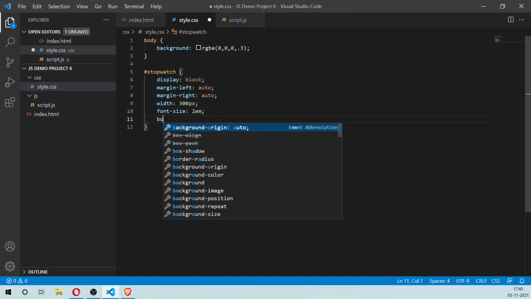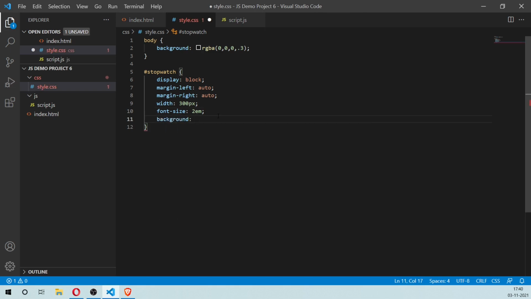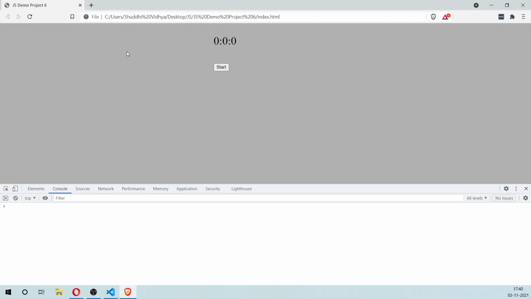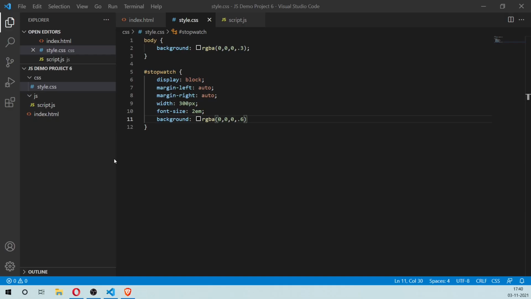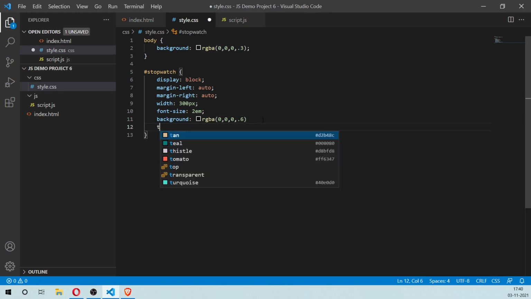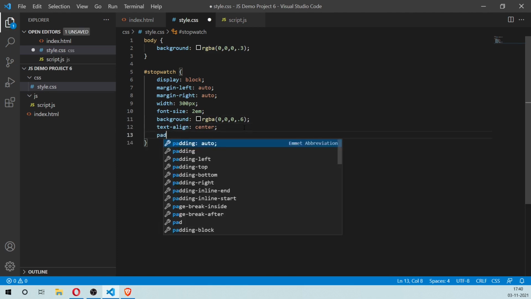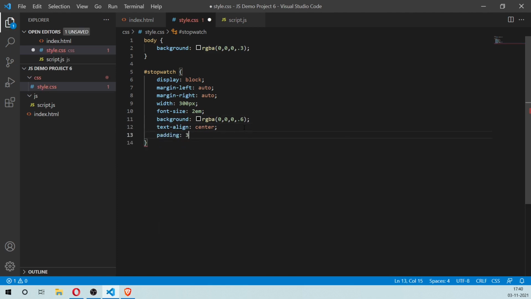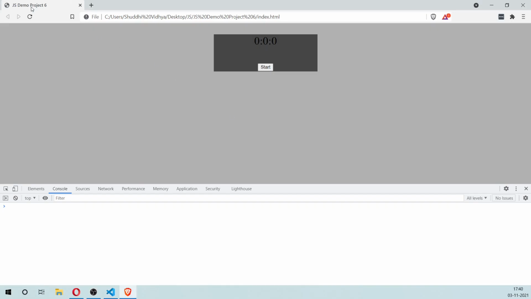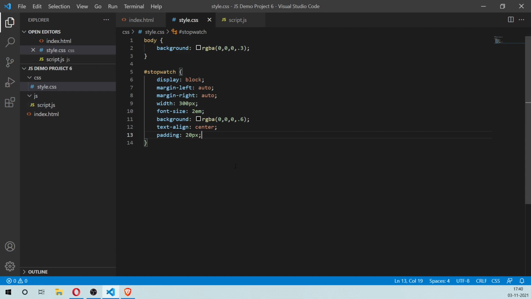And I'm also going to give it a background of a darker color of gray, so 0.6. And inside here we're going to also say text align center, and also give it a padding of 20 pixels.